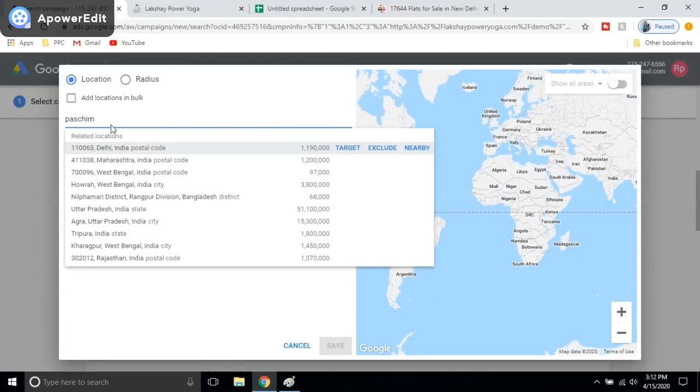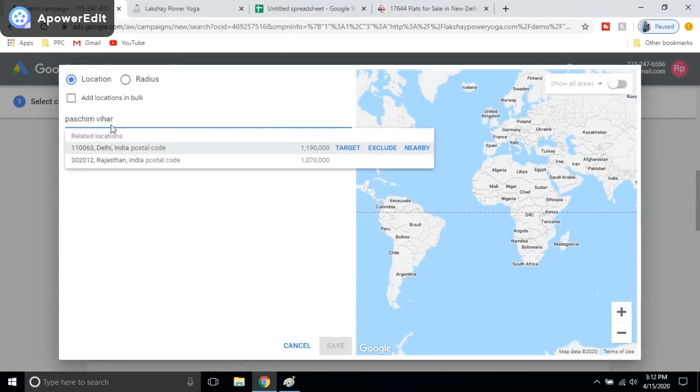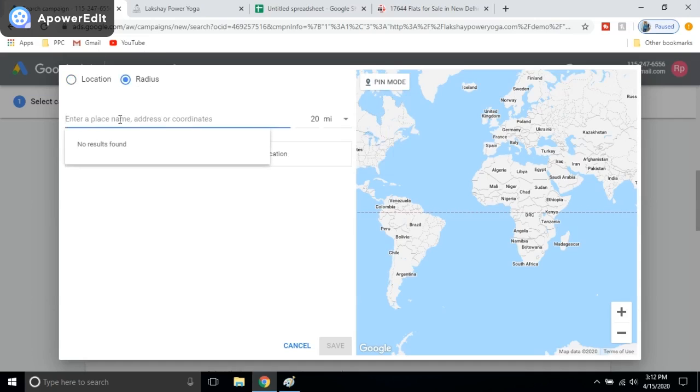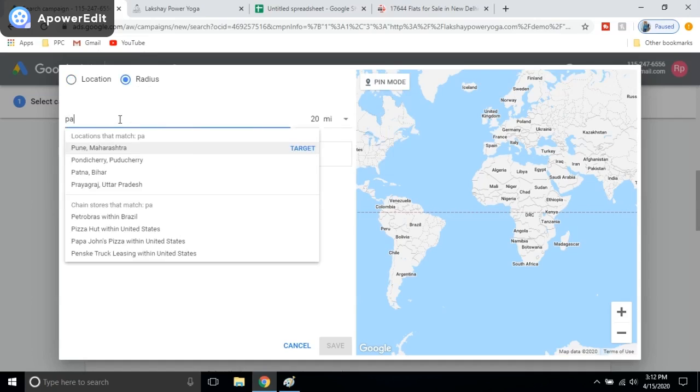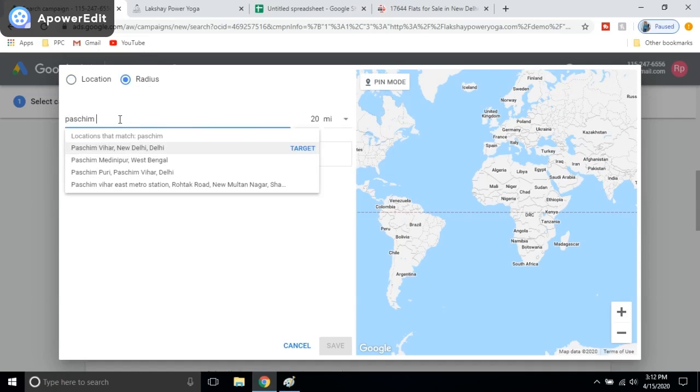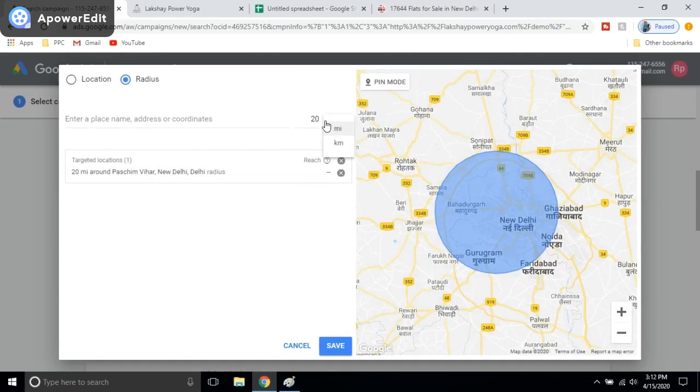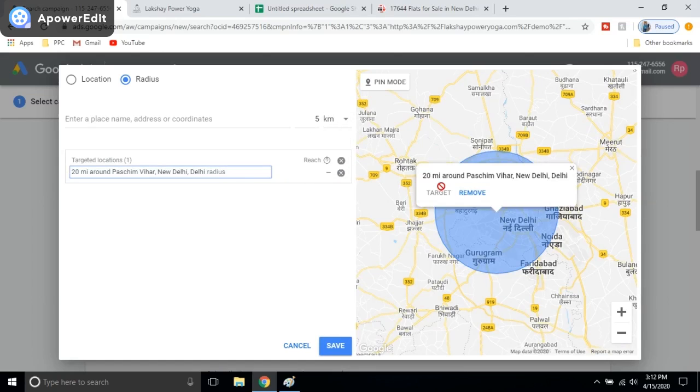Like, they provide services in Paschim Vihar of Delhi. So here I can see radius. I will select radius and Paschim Vihar. And here I will select the area of the radius I want to cover. As the client told me to select 5 kilometers, I will select a 5 kilometer radius.